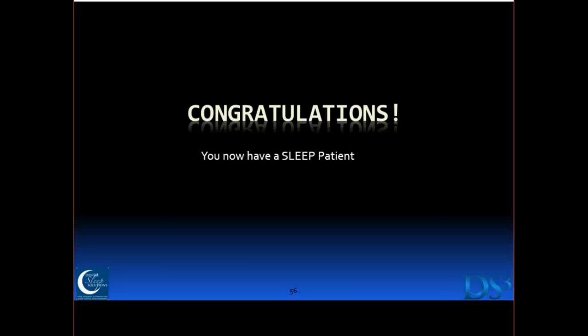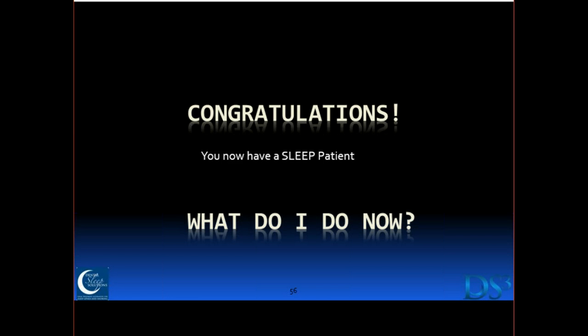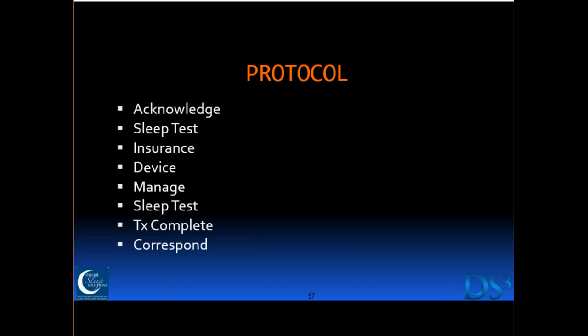Let's get you screening and identifying these patients. So what happens next? Once we get that, I've got the patient. "I believe you. I may have a problem. What do we do next?" Well, we've got to lead them down that path towards getting sleep tested. And the first part of that is really to get them to acknowledge they have a problem.